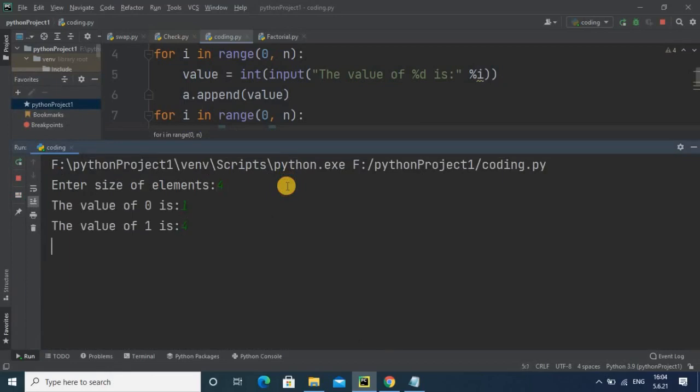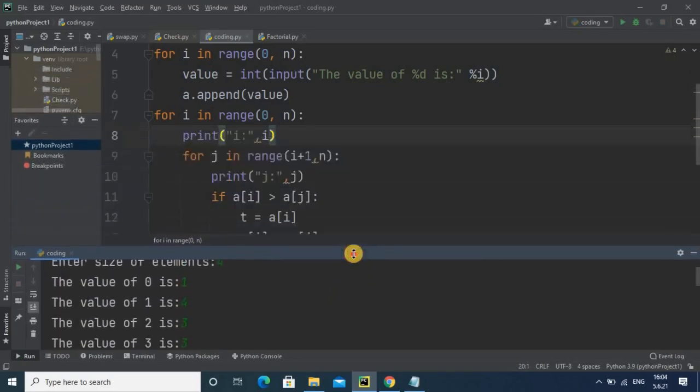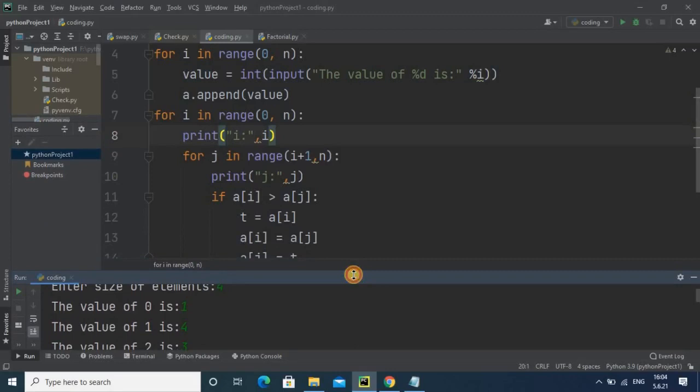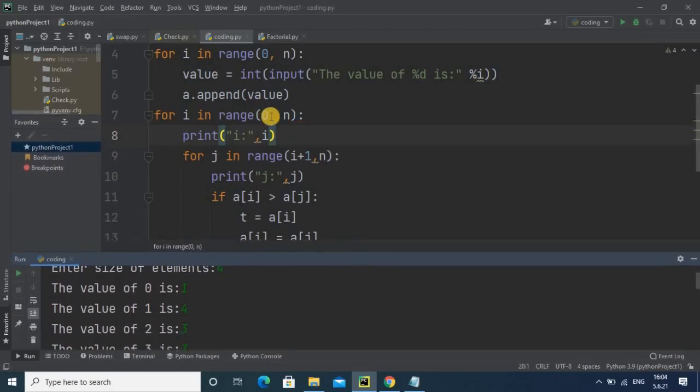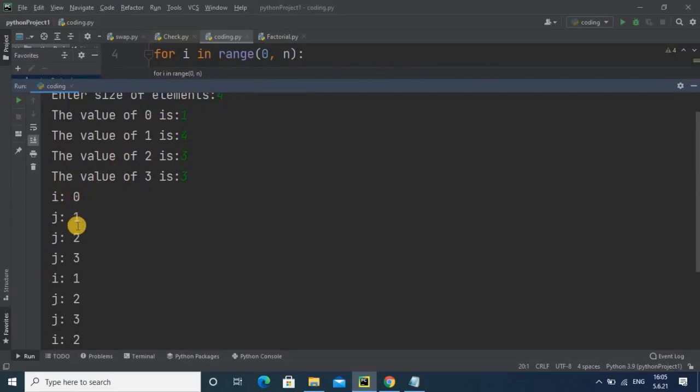All the values you have to enter. Once all the values are entered, it will specify the positions for i and j. So what happened exactly, why I am doing this, so that you can understand how these two loops are working. So i value is 0, then j starts from the next value up to the end value. Then in this process i is incremented and j takes all the values again. In this comparison process, i position you see 0, then j are 1, 2, 3, because our size is 4. So the first element is compared with the second, then the third, then the fourth.